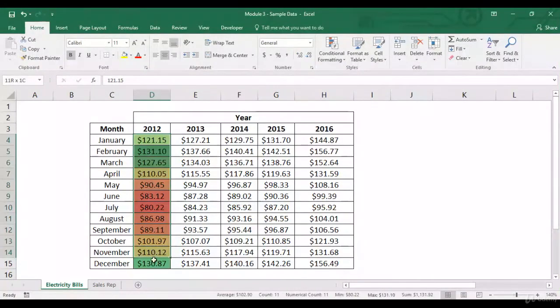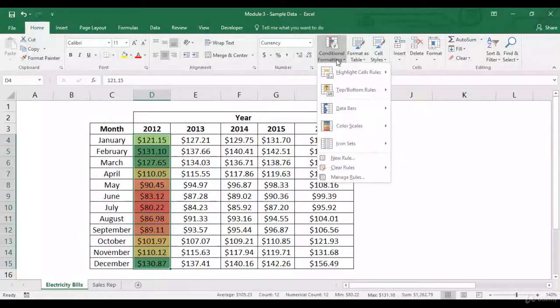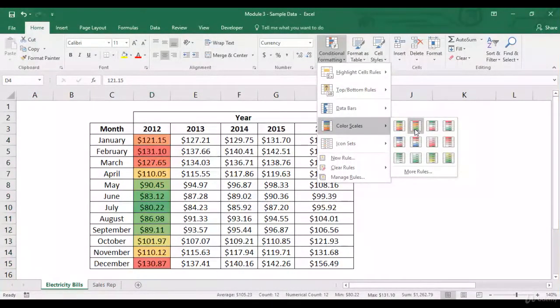And let's look at the other color scales. So the red, yellow, green is completely opposite of what we just looked at in the green, yellow, red. So over here the highest value will have the red color and the lowest value will have the green color. Then you've got different colors, green, white, red. Basically the whole idea is to have different colors for each cell so that you can see if there is any particular trend or not.